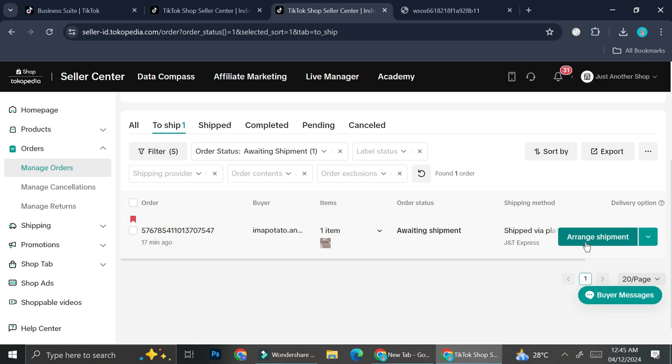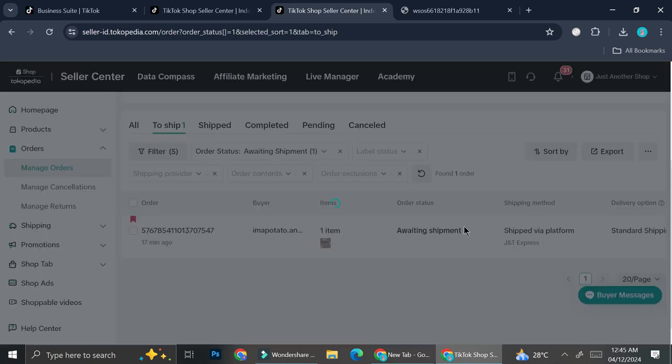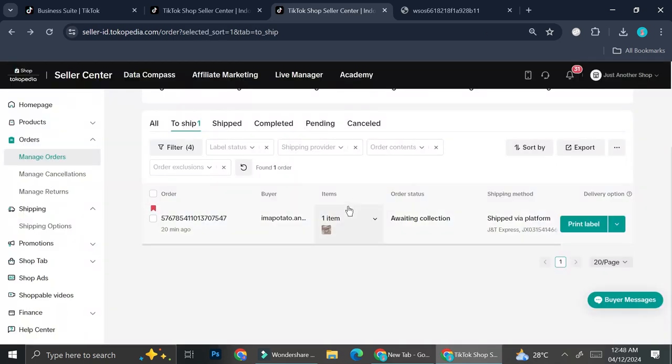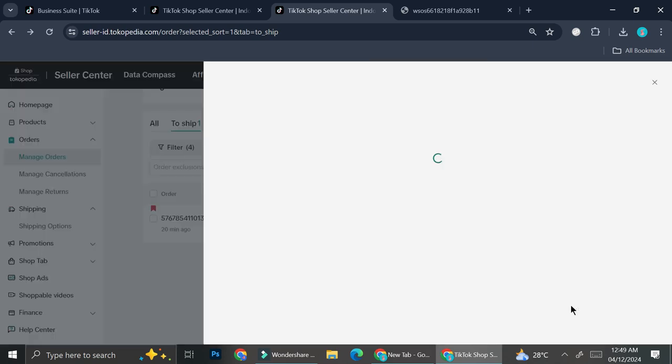And once you're done with that, you'll want to click on arrange shipment, and then all you have to do is just wait for your courier to take your product. But let's say that you made a mistake and you want to cancel your order. All you have to do is click on this button beside the print label option and then click on cancel,